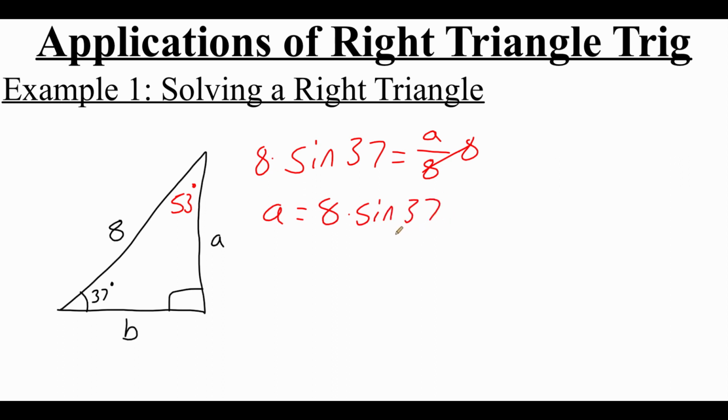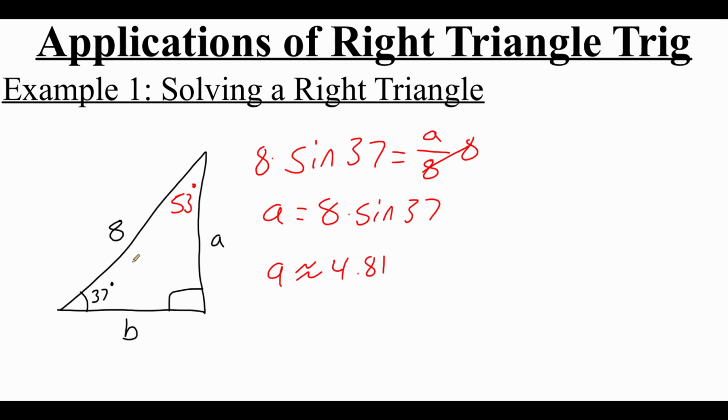Now before you type this into your calculator, we're dealing with a degree angle, so we should double check to make sure that our calculator is in degree mode. When we type this in, if we do a little rounding, we should get our A value to be approximately 4.81. But we also need to find this B value, and B is adjacent to that 37-degree angle,